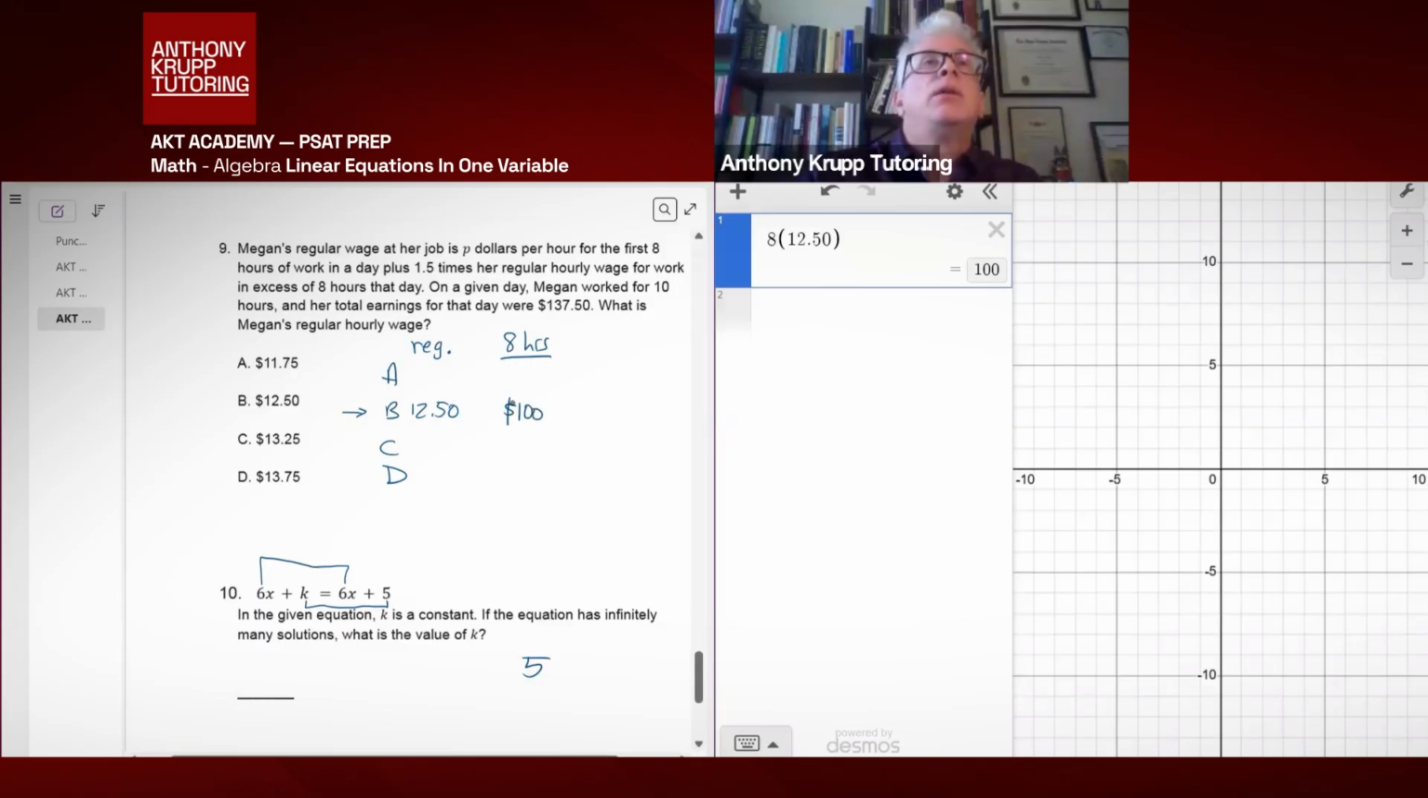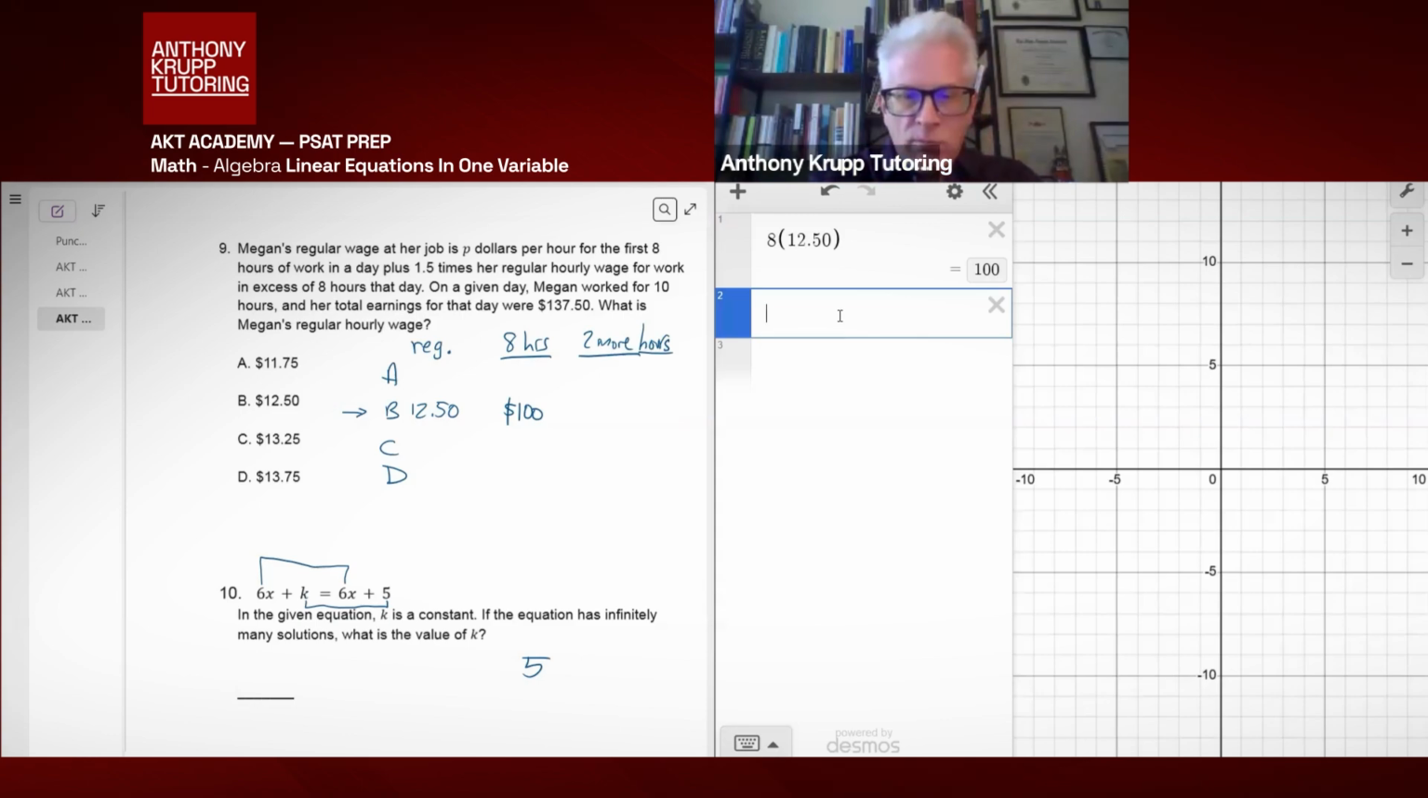Good job. And then we've got she worked 2 more hours. This is the overtime thing, right? Hours. I can spell, I promise. So she works 2 more hours. And we said that what is it? That's going to be 1.5 times her regular hourly wage. So 1.5 times her regular hourly wage, right? Which would be like